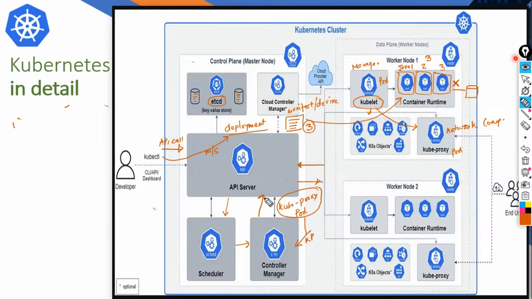to the API server. API server will immediately consult the etcd, the database. What does etcd say? That this particular pod, by some pod label, with the deployment, it knows that there is supposed to be three replicas. With that information, the API server knows that kubelet has given the information that right now there are only two. It needs to be promoted to three because I get that information from the etcd that there should be